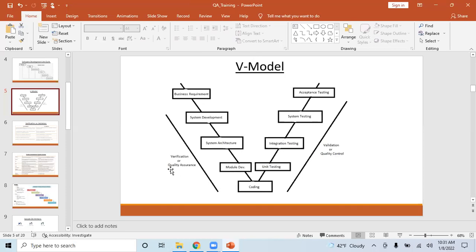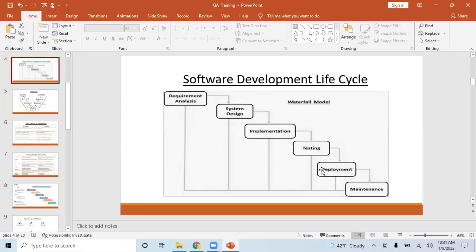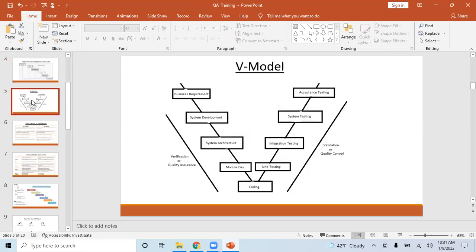And there is also a subtle difference between QA and QC, right? Whatever you do in the testing phase here is all about QC, quality control. And whatever validations or verifications you do is all about quality assurance, right?